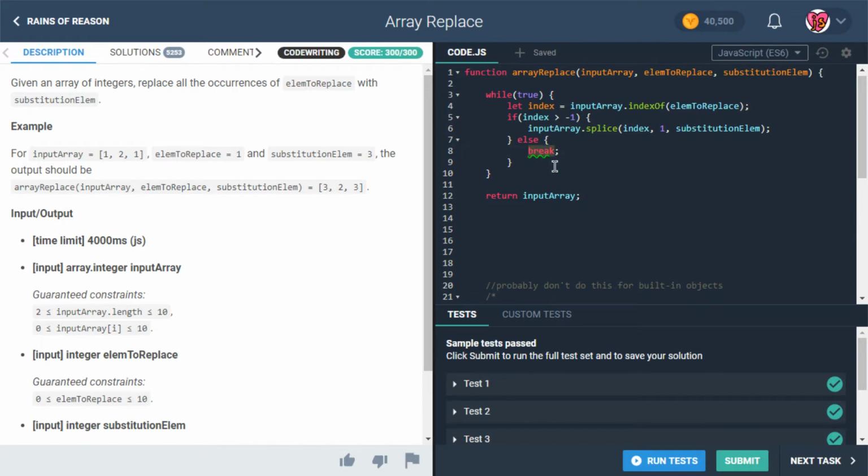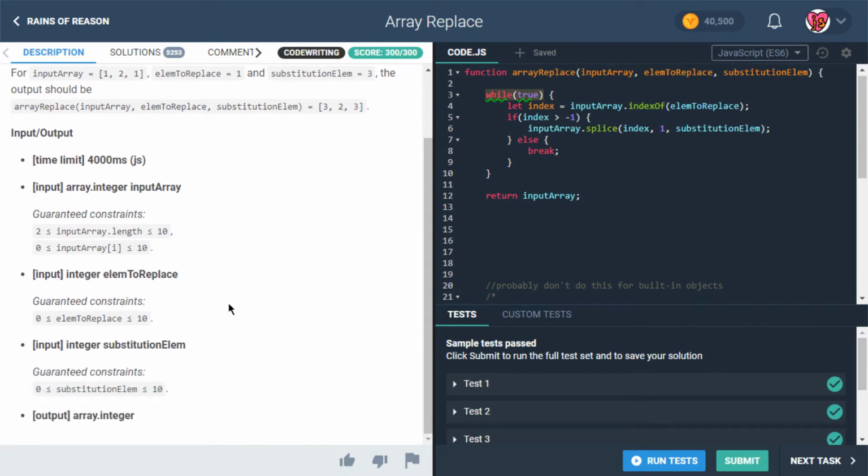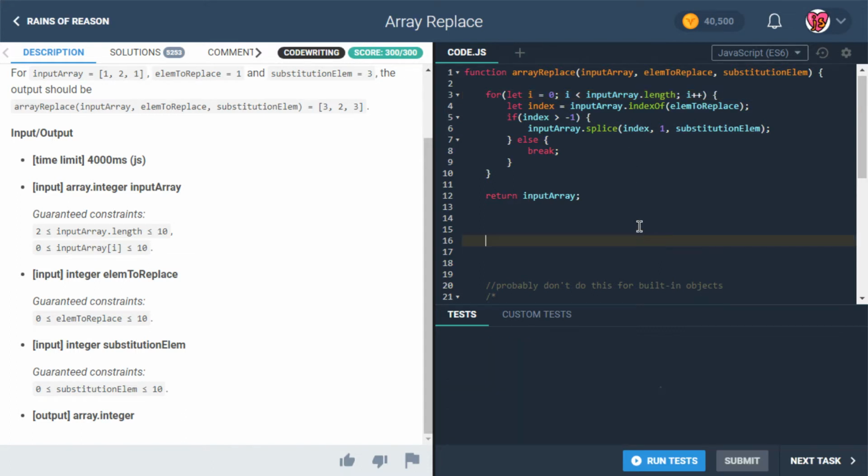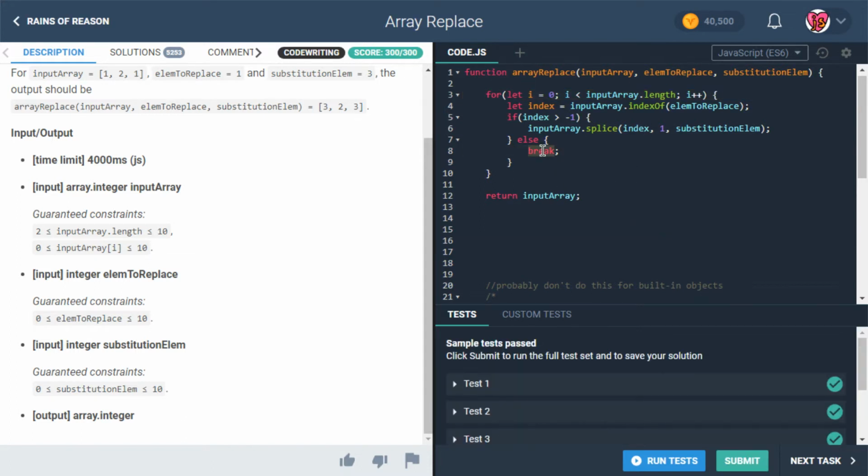If for whatever reason it didn't get to the break here, we would have an infinite loop on our hands. So we could do something to avoid that. For example, we know this shouldn't have to fire any more times than the length of the input array. So we could say for let i be assigned a value 0, i is less than input array dot length, i plus plus. The only reason we would do this is to make sure that the loop will terminate, just in case this part doesn't work. So this is kind of a safety mechanism here, but we're probably fine to just do a while